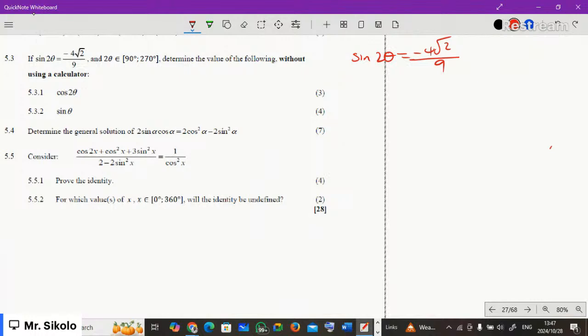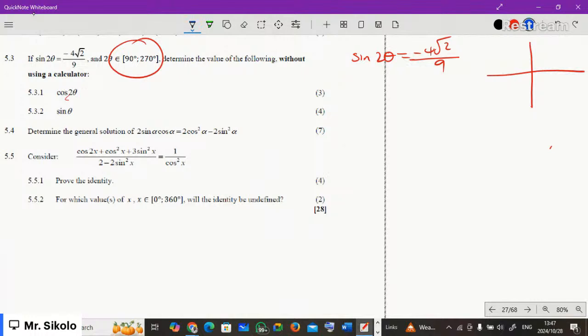Now this is a diagram question, and 2 theta is between 90 and 270. Determine the value of the following without the use of a calculator. So, but we have to use a diagram. Okay, diagram here too. We start by drawing a Cartesian plane here too, and now we have to decide which